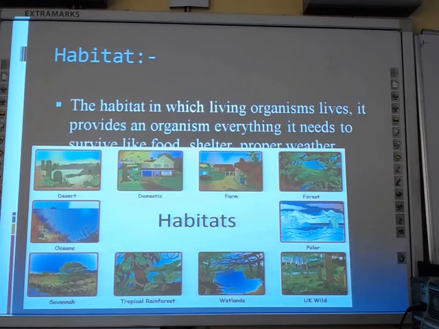What is the need for different kinds of habitat? Different habitats are present for different kinds of animals, so they can get their food, live with proper shelter in weather conditions favorable to them, and survive in that particular habitat.